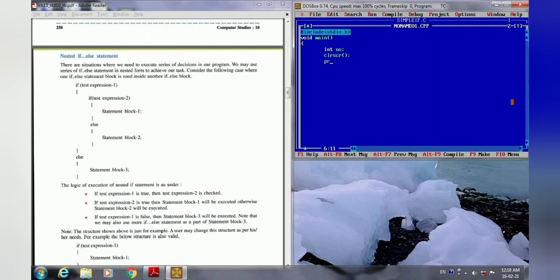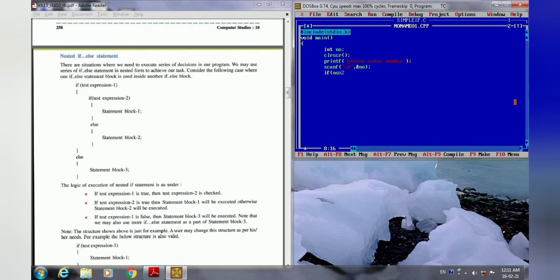Now we will give the message to the user: printf "Please enter number" in double quotes, then a semicolon. With scanf we will store that value in our memory address. What will be the identifier? Percentage d, because it's an integer type variable, then the ampersand sign and our variable name, that is number. Now we will use if. If number modulo by 2.